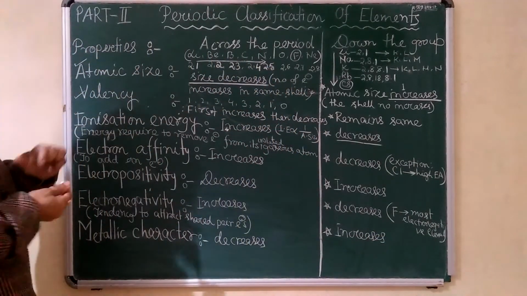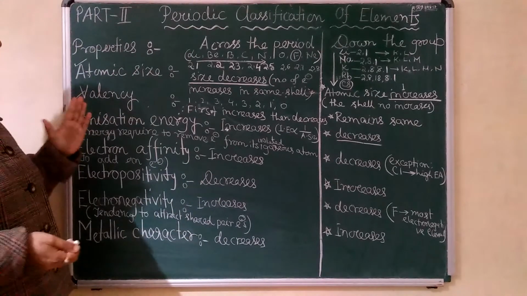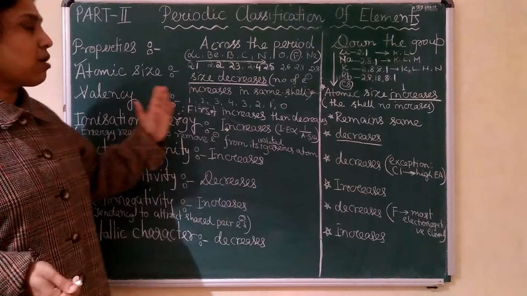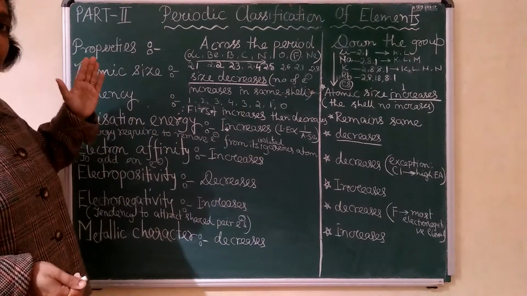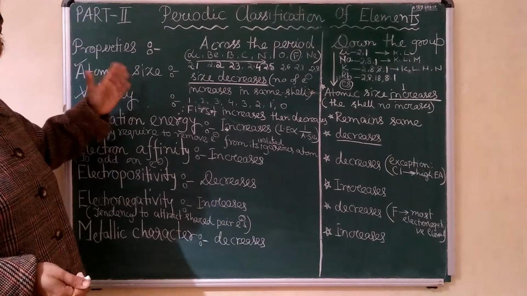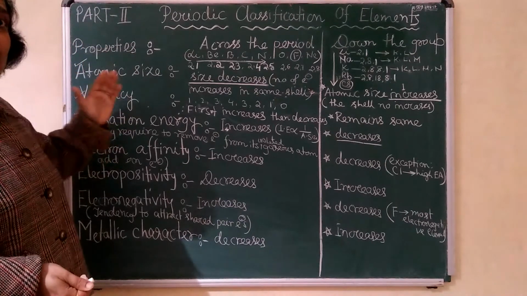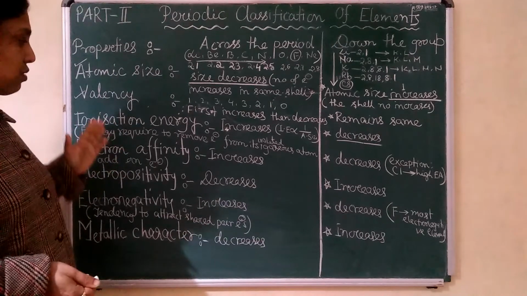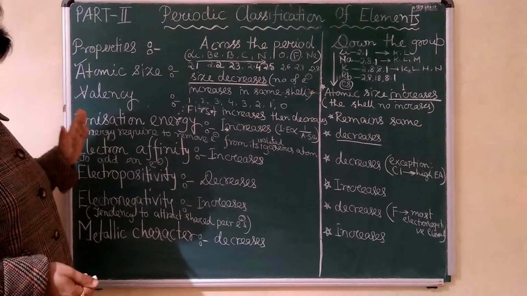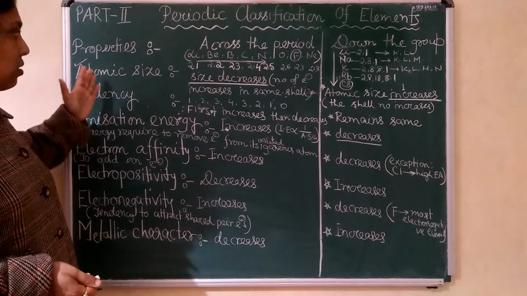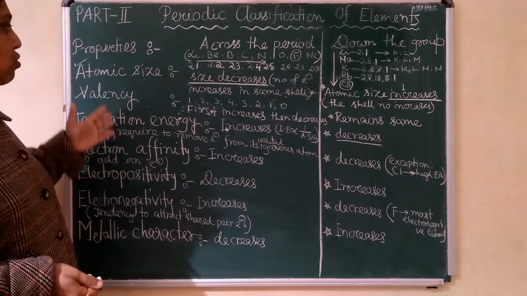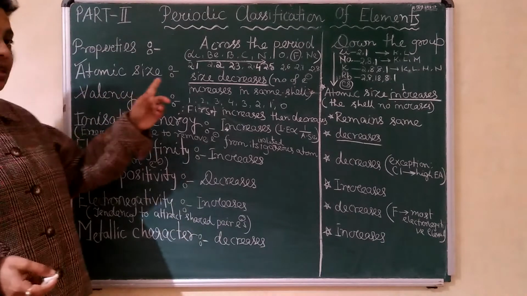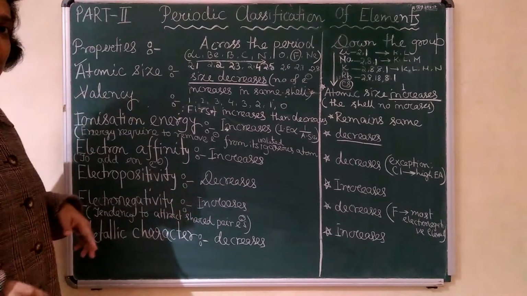So this is all about the properties we have. This is called periodicity. If you go from left to right, and if you move from top to bottom, in what way will the property change? So we have discussed today the periodic properties, how the variation is shown by the elements. Hope you all have understood, and this is the way they will ask the question also.